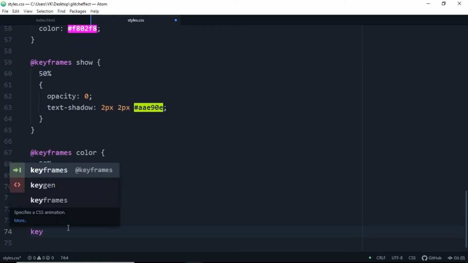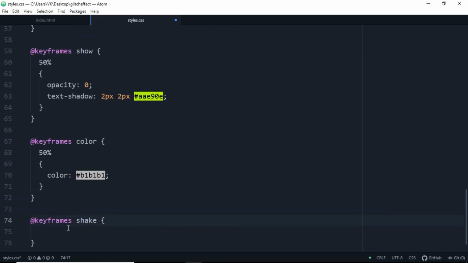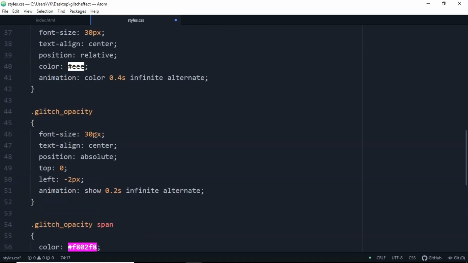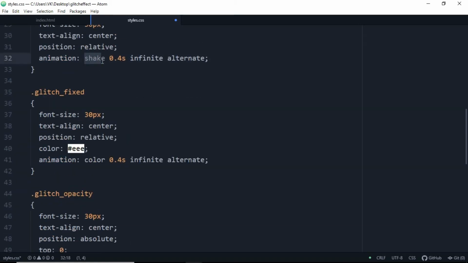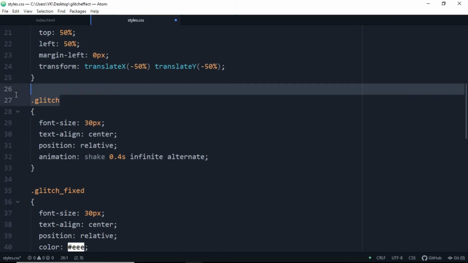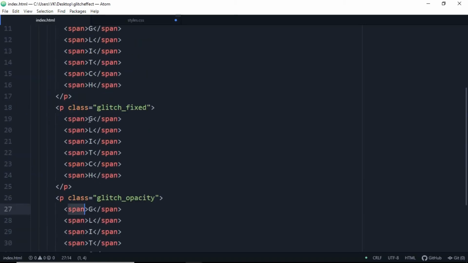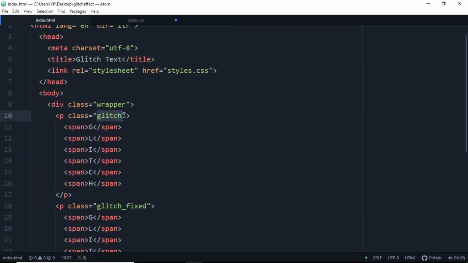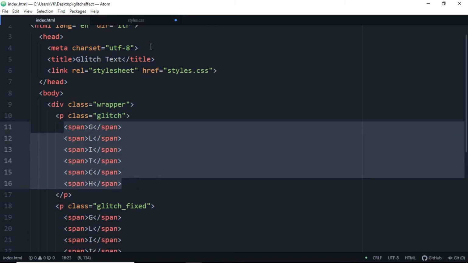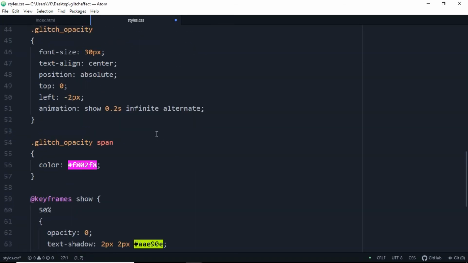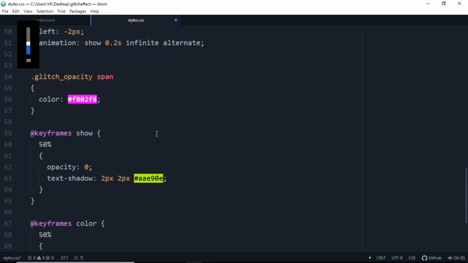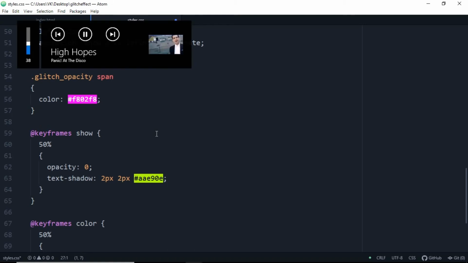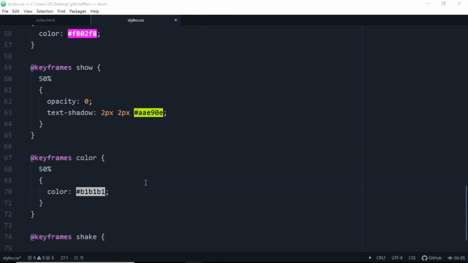So let's add another keyframe here, which is for shake, which will be the glitch class. That has a duration of 0.4 seconds, infinite and alternate, which will be the first para tag here. And we're targeting all the span classes here, span tags here. Let me just lower the volume here.